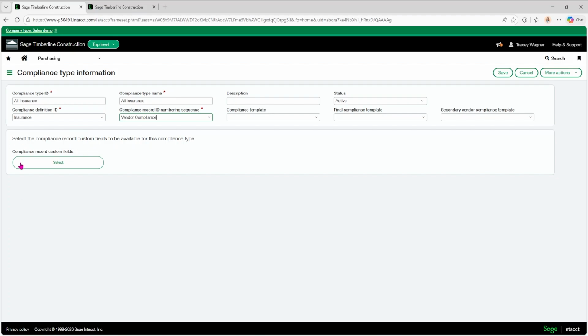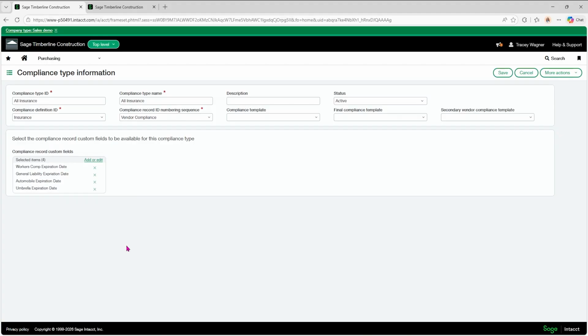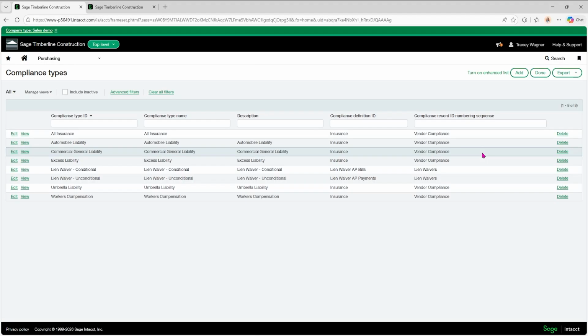And right here it's asking, do you want to include any custom fields on this record? Well, I sure do. I want to include all those custom fields that I just created. And then we're going to save this.